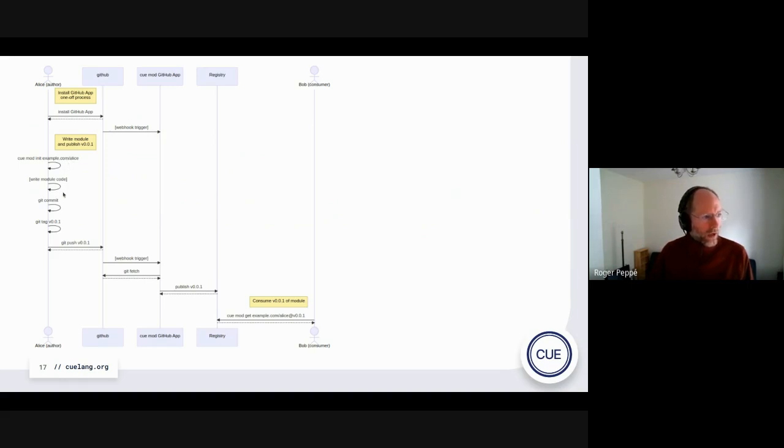Then she creates the module, writes the module code, commits, and then does a tag. Actually, that would be q-v001, because as we said in the proposal, we want the tags to be distinct from any other existing tags.